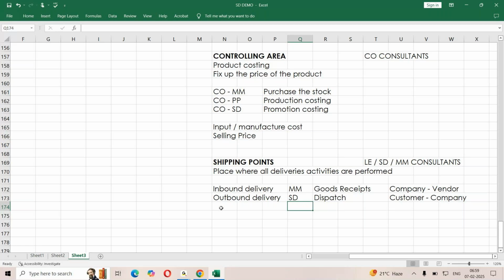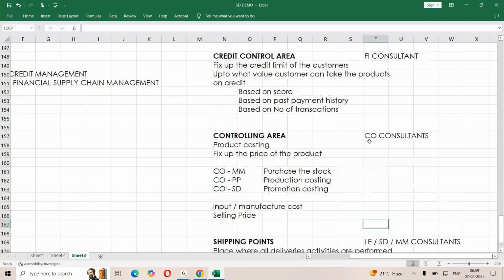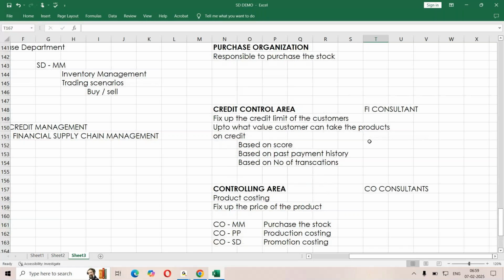So these are the different organizational units. LE stands for logistics execution. These are the terminologies you need to adopt, and we are going to use them very commonly in our transaction data recording process.